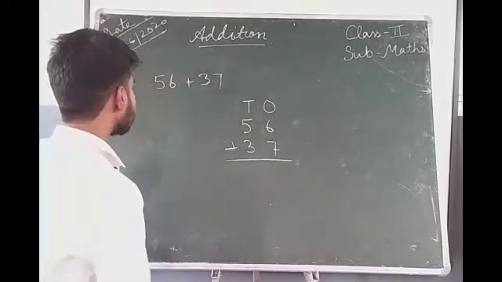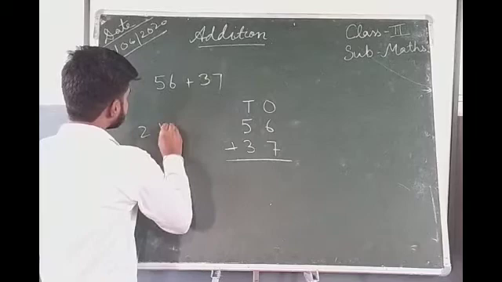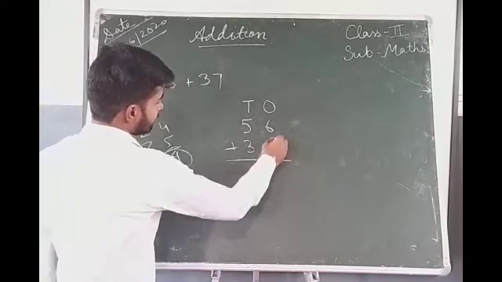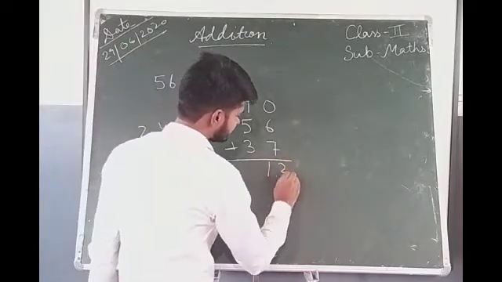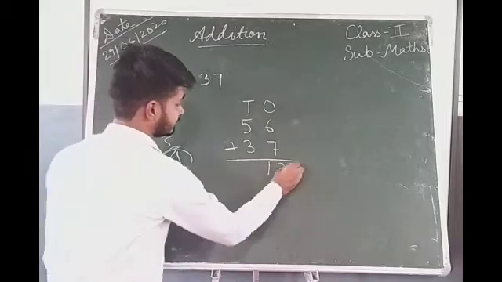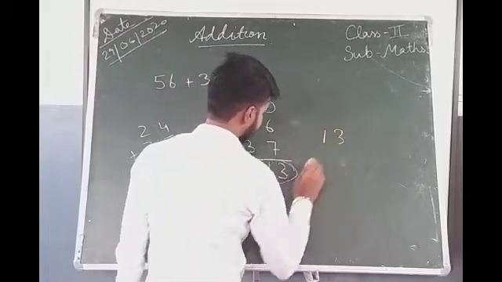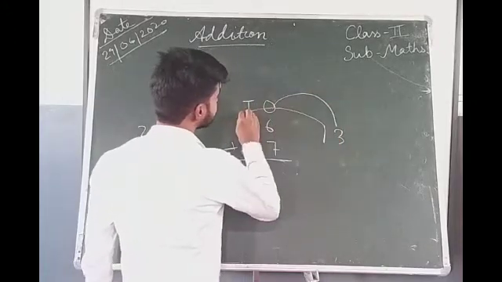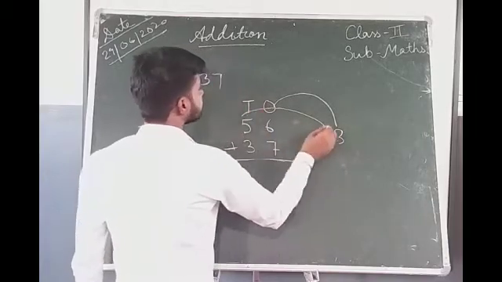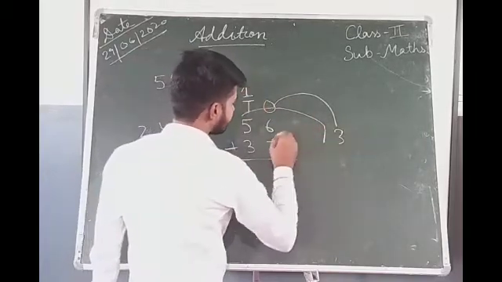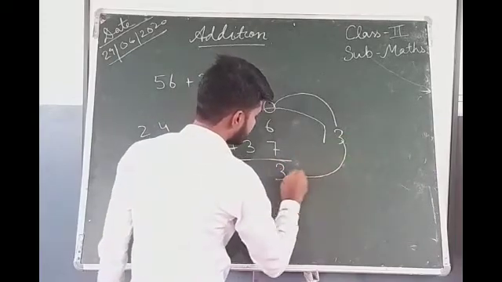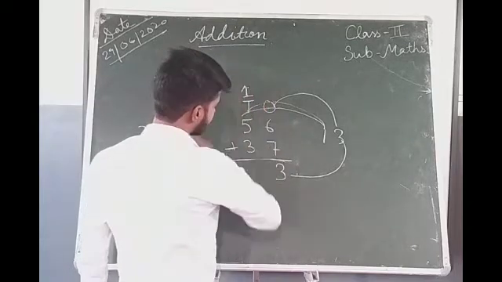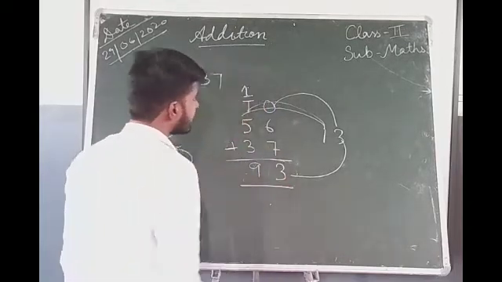Before, we have seen that 2 plus 4 and 3 plus 5, that is 9. We have written simply 9. But now it is 7 plus 6, that is 13. But we will not write 13 there. In the ones place it is 3 and in the tens place it is 1. So this 3 will come here and this 1 will go there. So now we will add 5 plus 3, 8, and this one, 9. In this way we will add.